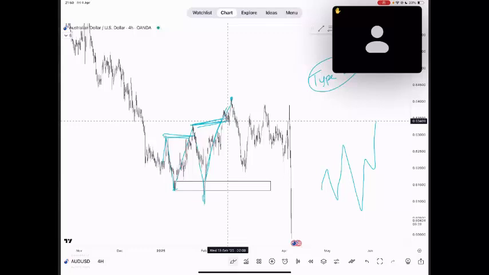That's my question. And my second question is based on imbalance. I've noticed that the way you map out your imbalance is different from the way ICT traders mark it out. So I just want to know if yours is different from theirs, because you guys call it the same imbalance or fair value gap. I was trading ICT before, so most times when you mark out your imbalance, I tend to get confused, because ICT makes use of three candles and the imbalance is always at the middle. So I just want to make sure I'm getting it. That's it.